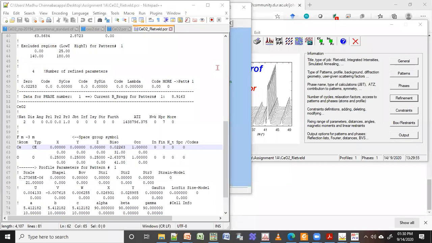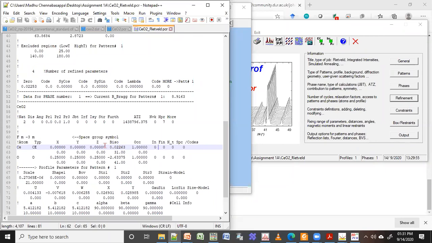The automatic option will try to do it by itself, but as it is the beginning, I don't want to do too many things. Whatever we are learning is very basic Rietveld. If you go to a high advanced level, you can change so many things. I don't want to load those things right now, because if I try, it will become too much for you. That is why I'm not going to do that.